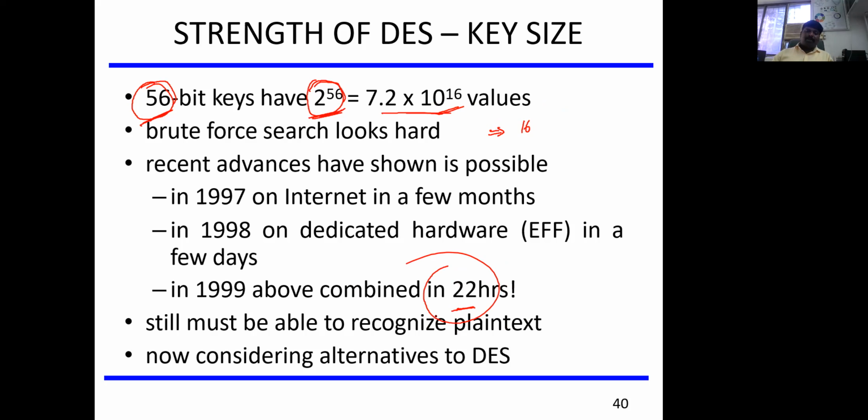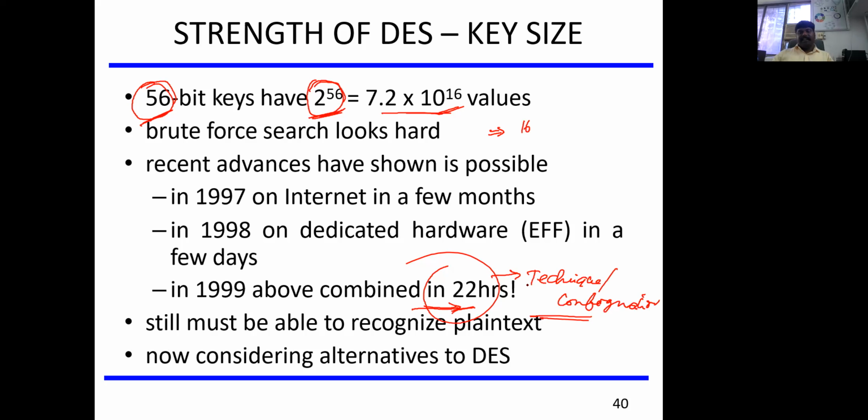This was proven: it took almost 22 hours to crack the password using different configuration devices.